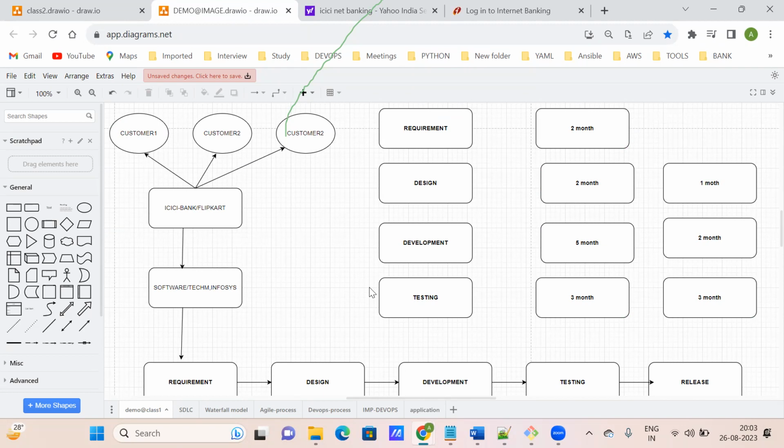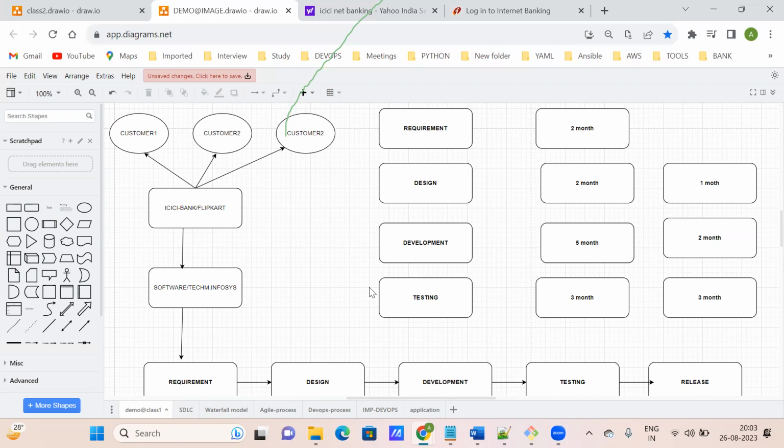In the old days we used the waterfall model. In the waterfall model, development and testing people are not working parallelly, because of that our project is going to be delayed. So the agile process came, where the development phase was correctly implemented but the operation part was missing. So in DevOps we corrected that.